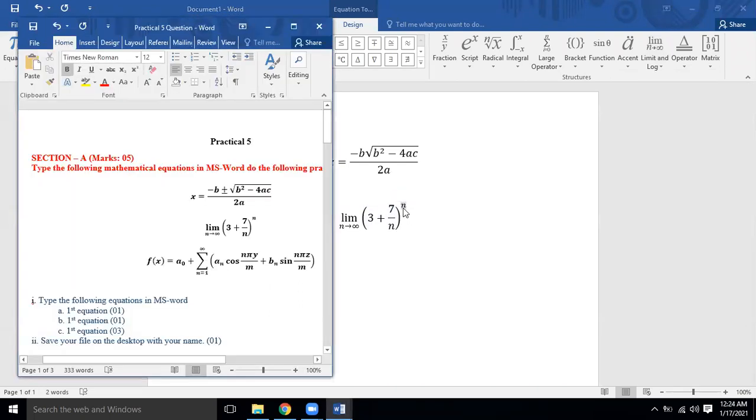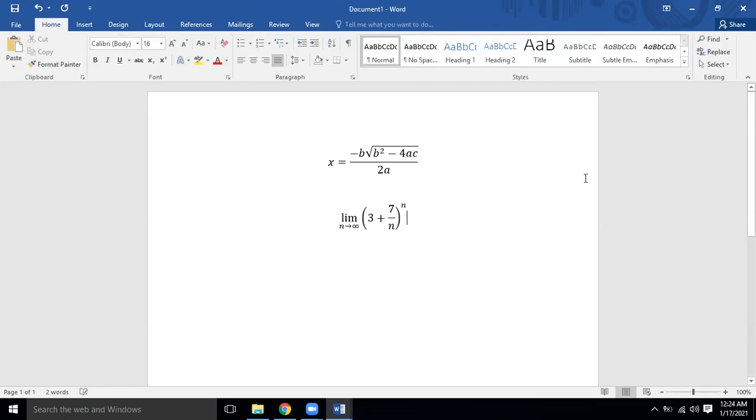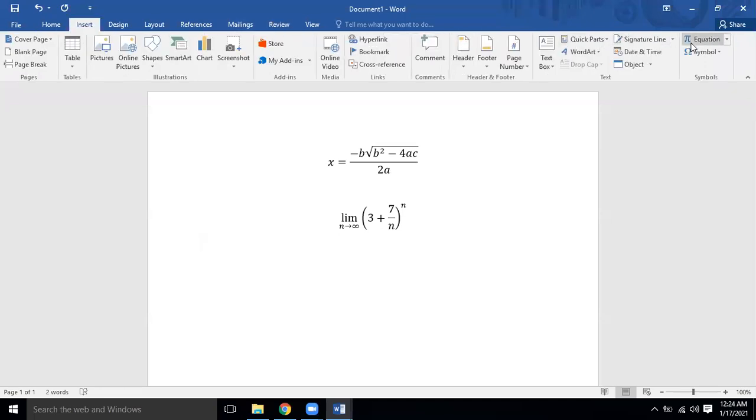So I have written it with, and if there is something else, you can change it. For example, if it is m or something like that, you can write over here. Fine. So in this way, we are going to take one design of the limit, which is basically the given pattern. Basically, these are the mathematical rules for how we type the limit. There may be some different ways to type the limit.